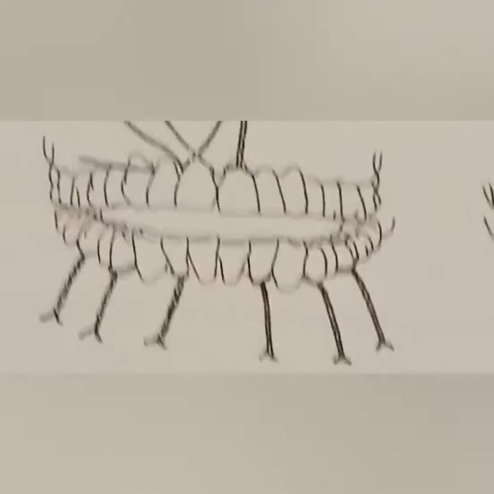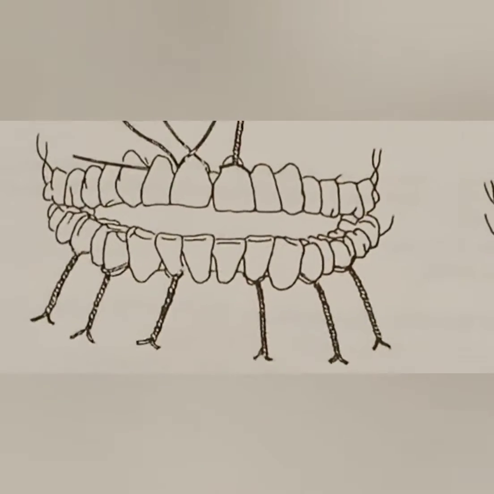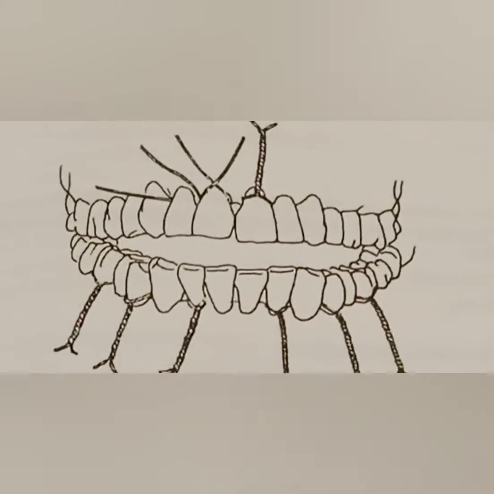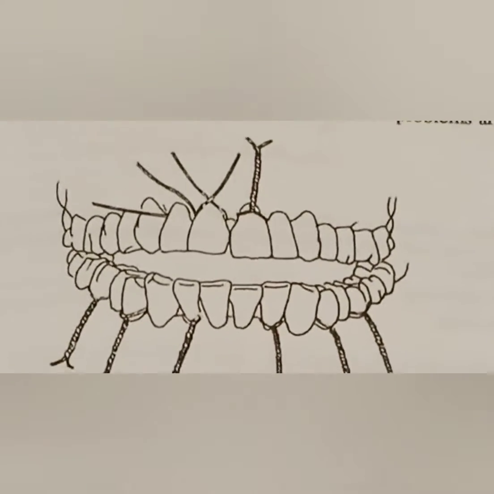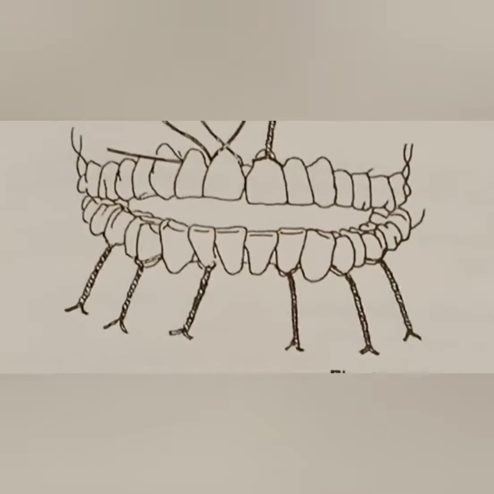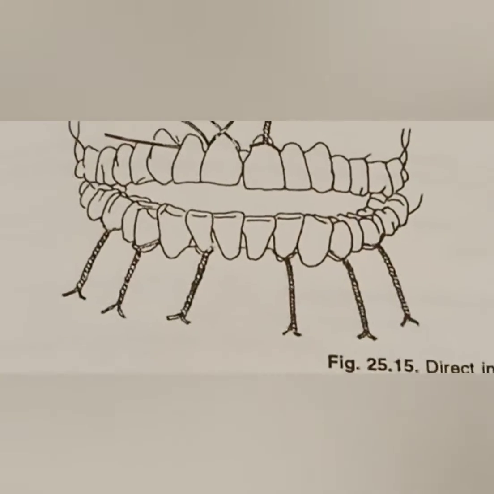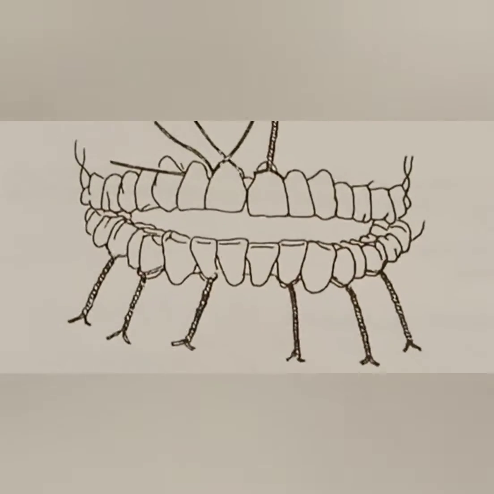So now we are going to talk about the treatment plan of the Le Fort 1 fractures. The first line of treatment is intermaxillary fixation. So how are you going to do the intermaxillary fixation? We are going to place arch bars on both the maxillary and the mandibular arches, and with the help of ligating wires, you are going to ligate the arch bars for the proper achievement of the occlusion.